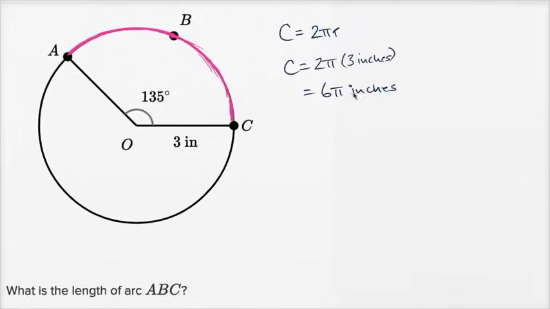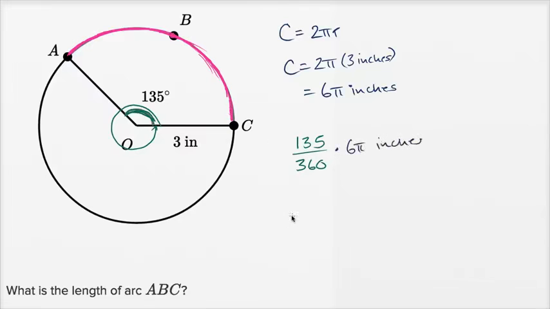So the entire circumference is 6 pi inches, but this arc length isn't the entire circumference. It only goes 135 degrees out of 360 degrees. So it is 135/360ths of the entire circumference. Remember, if we were to go all the way around, that's 360 degrees, while this angle right over here is 135 degrees, the angle that is subtended by this arc. So this arc length is going to be 135/360ths of the entire circumference, so times 6 pi